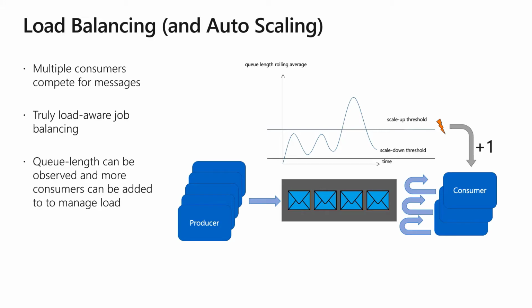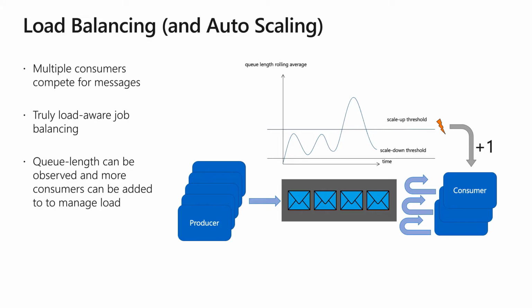And one of the interesting things that can happen here too is that we can have some type of intelligent scaling happen on the consumer side. So let's say we have so many producers, but they're sending messages relatively slowly, and we can get away with one or two consumers. But then maybe something happens, maybe there's a sale, it's a big holiday and a lot of folks start shopping. But now we're getting requests for work coming in a lot faster than they usually do. Now, what can happen, maybe we have something in our system that says, hey, the length of the queue has increased exponentially, or messages are coming in at a faster rate,